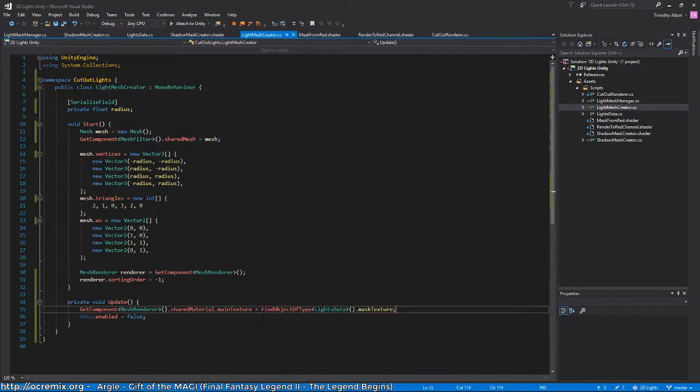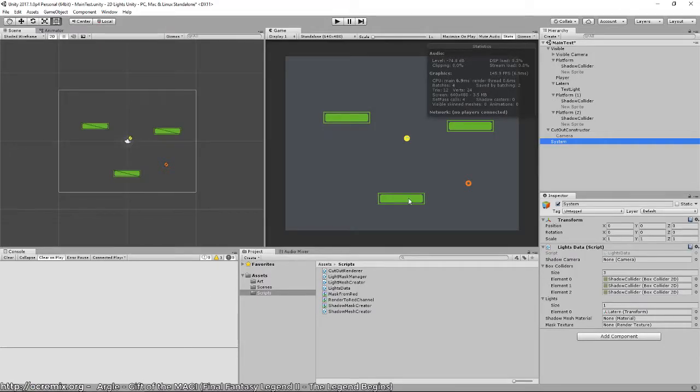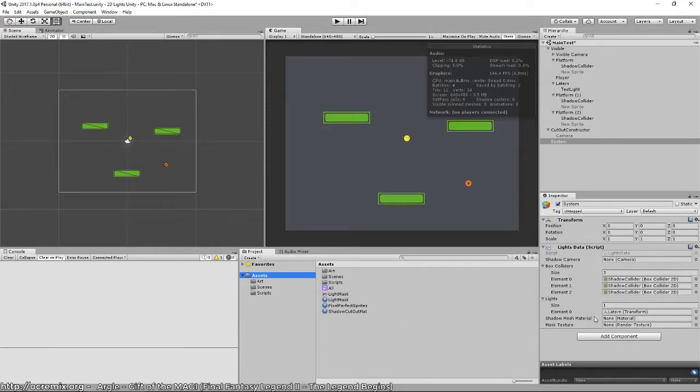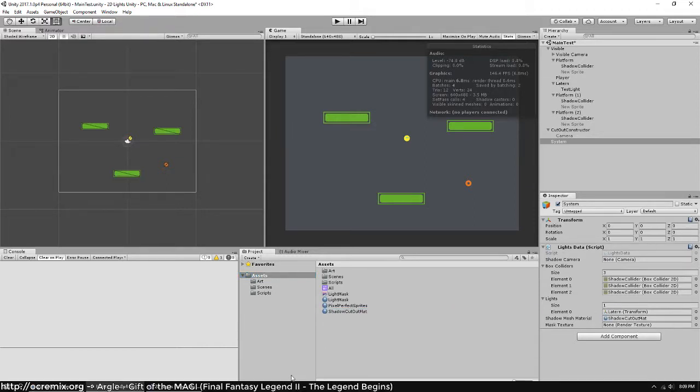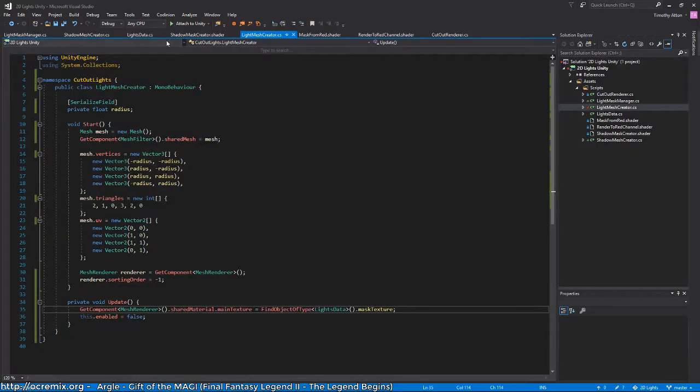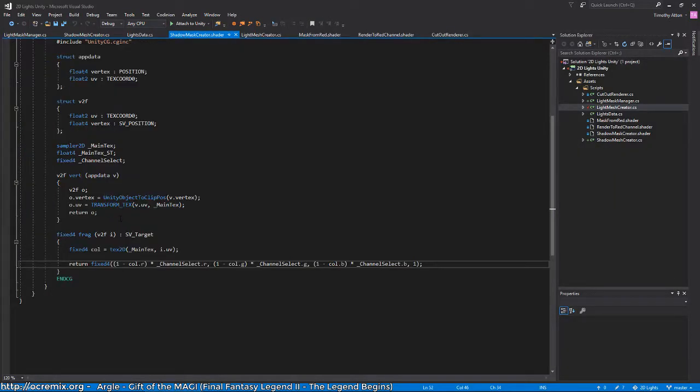So all this does is just sets the texture to what's on the lights data. Okay, so shadow mesh material, what is this? Right here. And the mask texture will be created. So the only other thing I need to do, in order to get everything to work the way it used to,